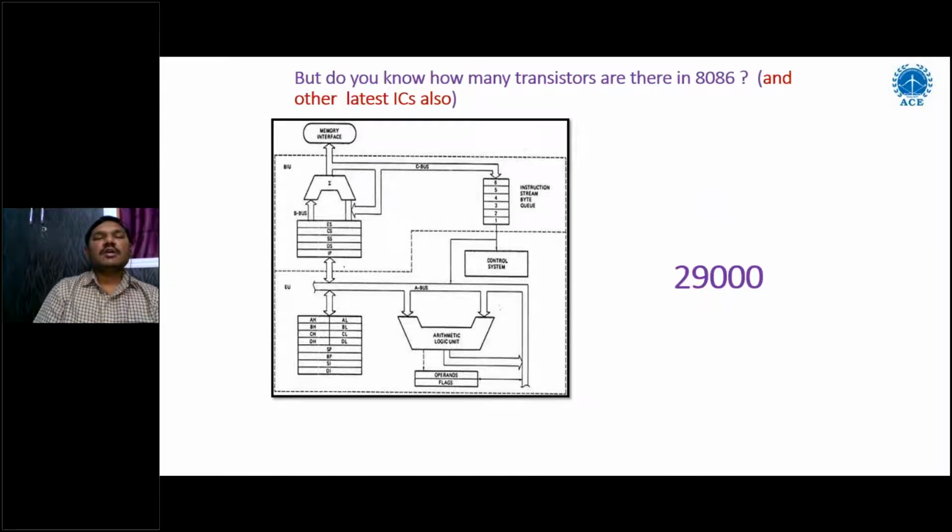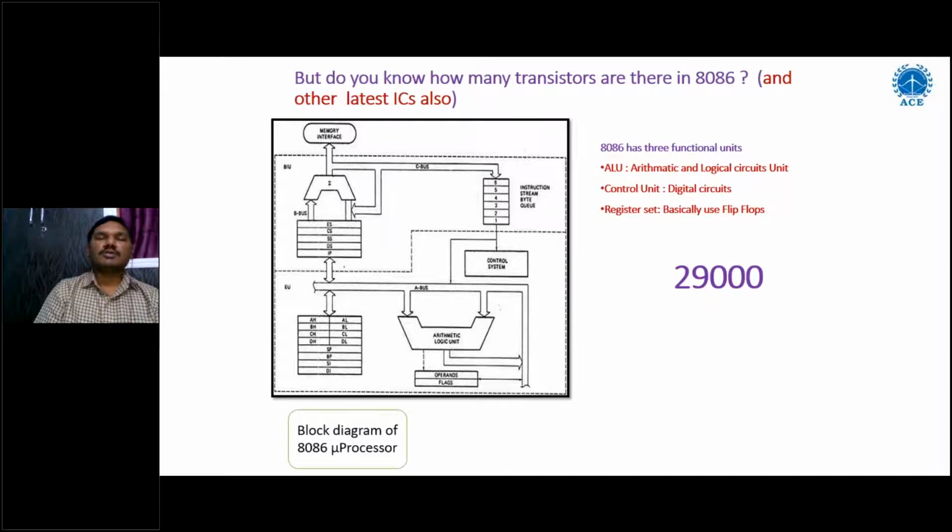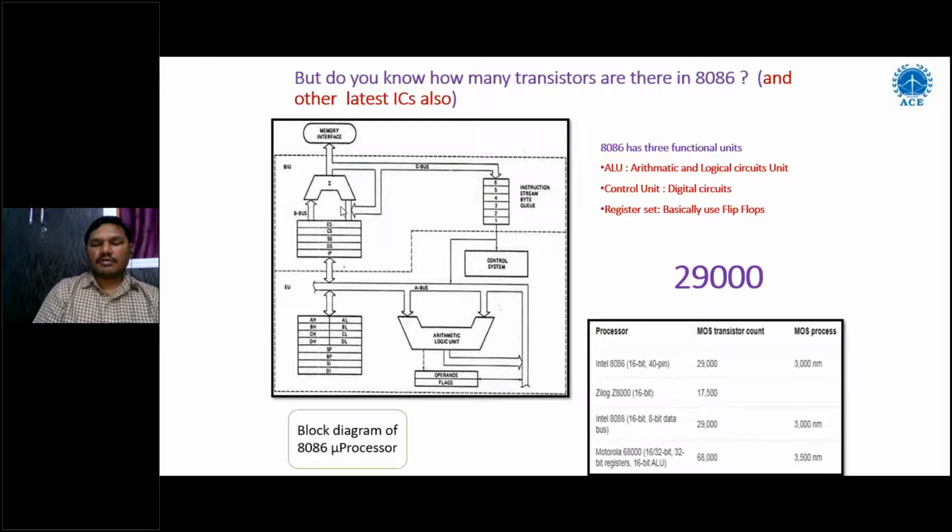Because here you can see that there are mainly three types of blocks in any processor: the ALU block, control unit block, and register set block. Again, these blocks are all digital circuits only. As I have shown in the previous slides, one NAND gate requires 4 transistors. So whenever I have this many blocks in my 8086 microprocessor, definitely I need many more transistors, and that many transistors cannot fit on a breadboard. Definitely I need some other diagram. So then what is the solution to connect?